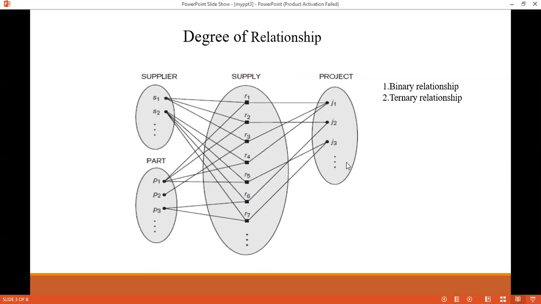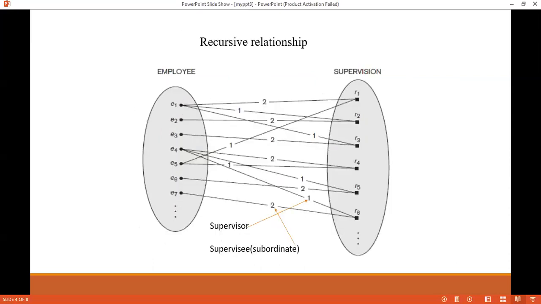Next, hoping that we have understood the degree of relationship, we shall proceed further. What is a recursive relationship? My dear friends, it's very simple. Here, this is an employee entity. What is a recursive relationship? A relationship in which one entity type is participating in a relationship type with itself is called